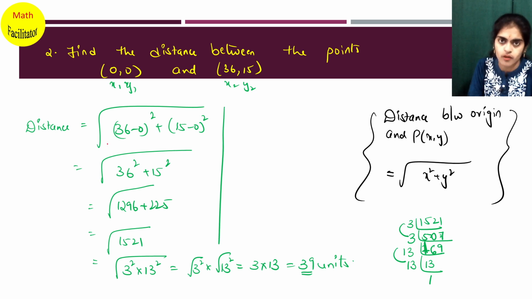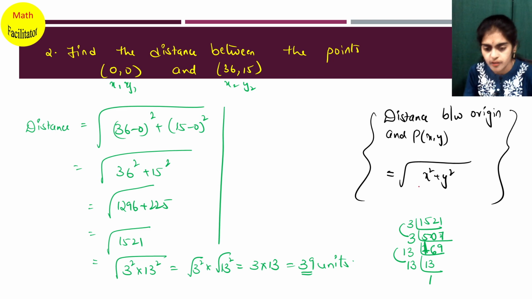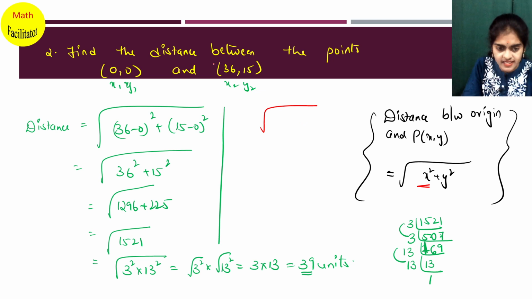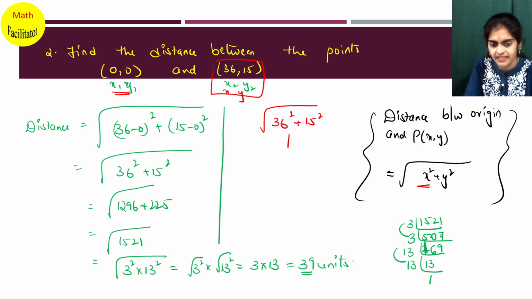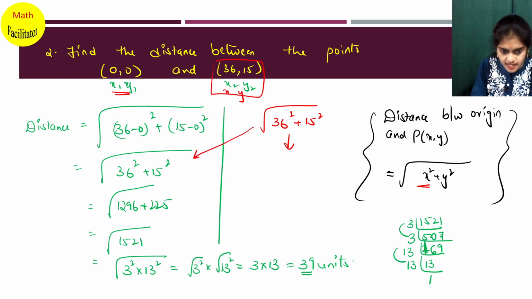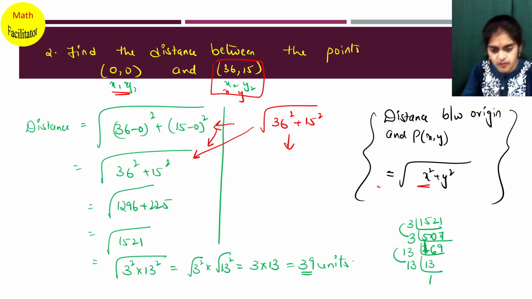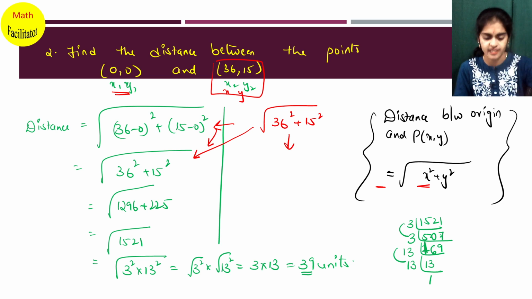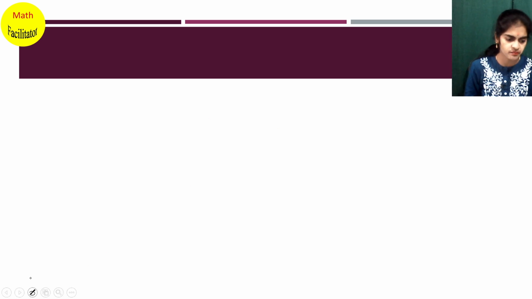This is using the distance formula we have done, x2 minus x1 whole square plus y2 minus y1 whole square, and I root over it. Now if you want to use this formula also, you'll get the same answer. So root over x, this is a point xy given to you here in this case. So the origin you will not consider, the point given you will take as x and y. So it is 36 square plus 15 square, and again the same steps follow. See here, you got the same step. Even if you apply the distance formula, you will arrive at the same step. Or if you remember this formula, you can directly substitute. That's the only difference. Otherwise, all the steps are same. So let's proceed to the next question.